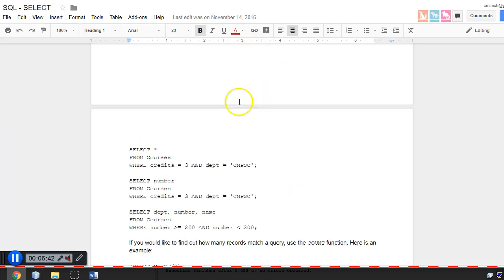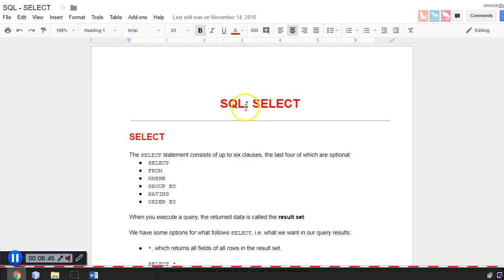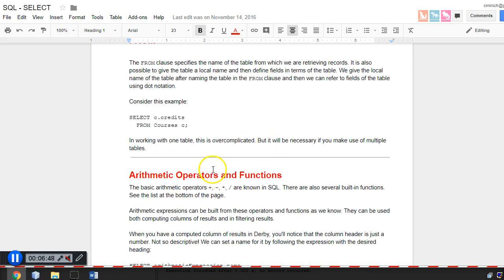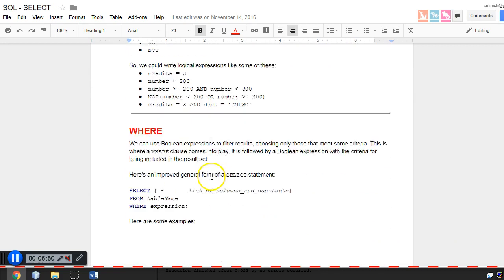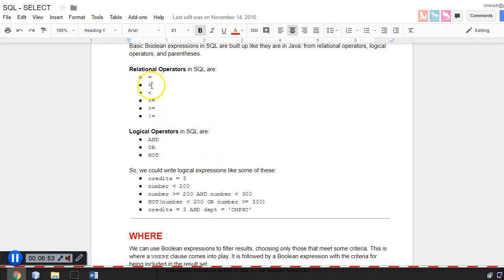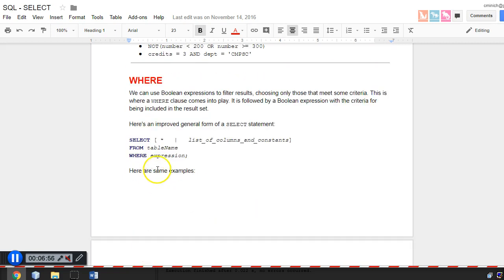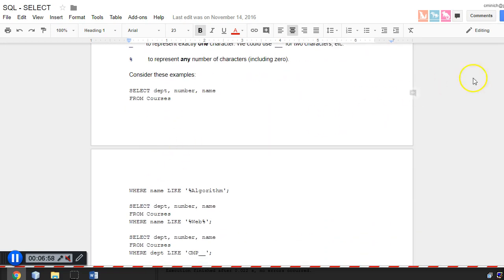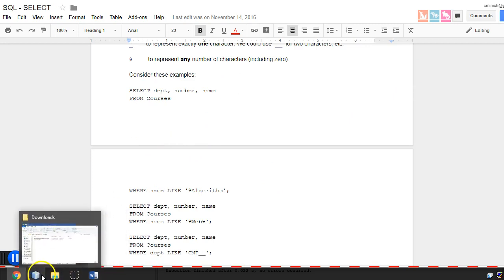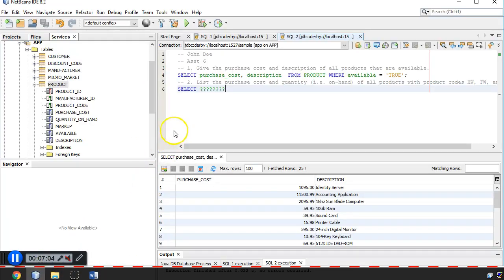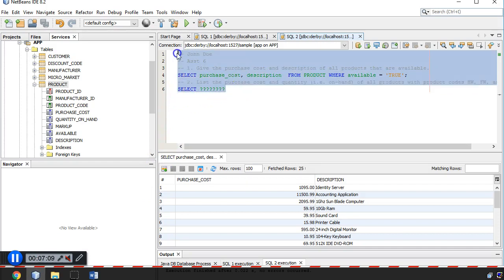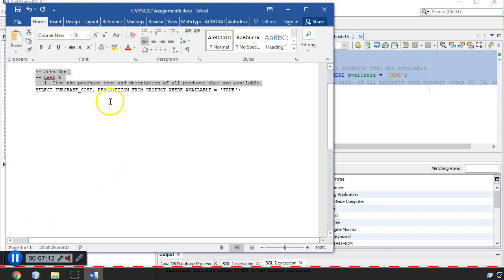Now in my lecture notes, this page of lecture notes called SQL Select, if you have to look things up, would be a good place to start learning the SQL keywords, operators, greater than sign, the word not, where clauses, and everything else you might need. There's more than one way to do this, I'm sure, but get exercise 2 done, and then you have a few more exercises to do. And all of this will need to be placed into your Word file that you'll print out and hand to me as a paper copy and upload to Canvas just so that I am sure to have it so I can grade it for next